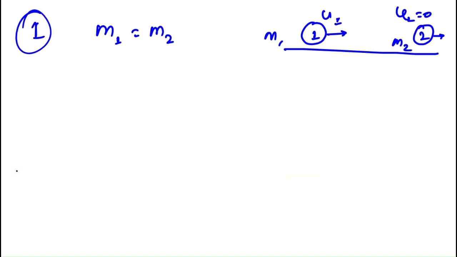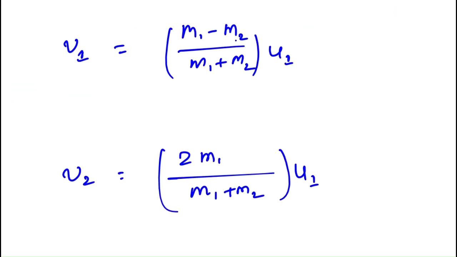Based on these two arguments, we can say if these two masses are equal, the first body hits and stays there, and then the second body continues with the velocity that was u1 for the first body. Now the u1 velocity will be imparted to the second body. Now, the second case: if m2 is much greater than m1. Coming back to this point, m2 is greater than m1. What will happen? Let's say m2 minus m1 will be